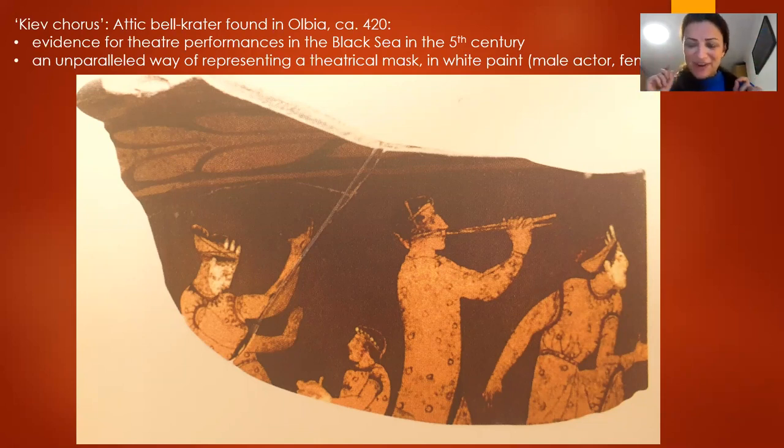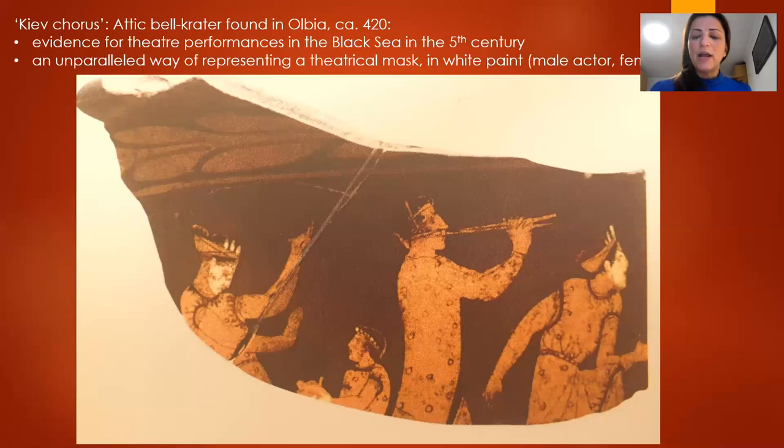Sorry. So it was found in Olbia and represents very clearly, as in the previous one, a female chorus, now accompanied, or two members of a female chorus. I mean, we should imagine that the total number of the chorus members was 12 or 15. Probably 15, because this vase has been dated to 420 BC, accompanied by their aulos player, here the double reed, and also the leather straps that they used to wear in order to keep that double reed in the aulos in place and use it effectively, and possibly a boy that is an attendant, or